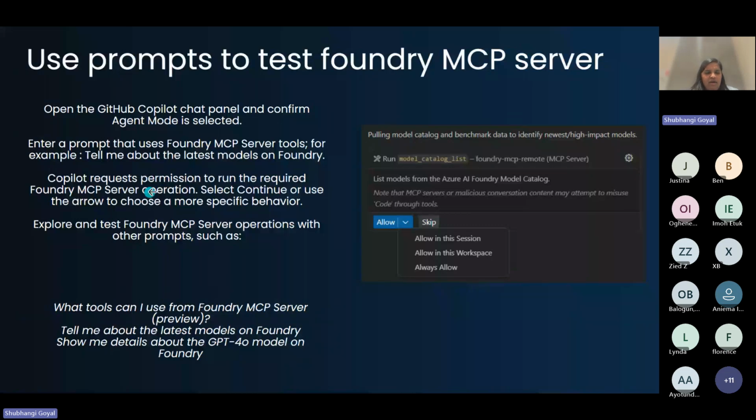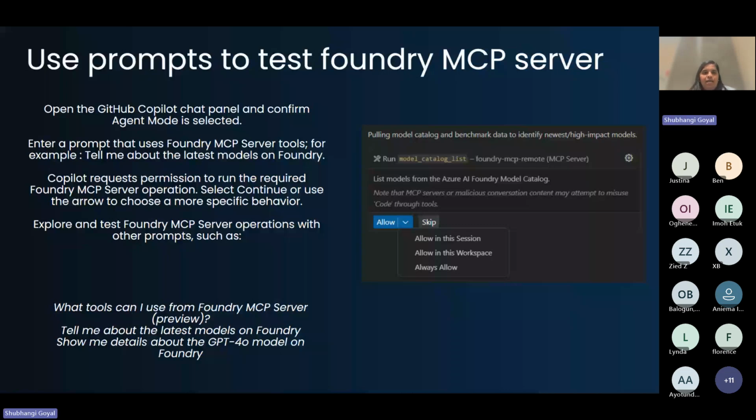These are some of the examples you could use to test that your MCP server is up and running. Normally it looks like this: you will have, for example, a model catalog and benchmarking data available. Once your Foundry server is up and running, you can make sure that it actually works and isn't failing at some point. These are some sample prompts. You can try other prompts, obviously, but they help you make sure that your server works effectively, that it doesn't have any errors, and that it can give you reliable output. So make sure to test with some prompts on the MCP server.